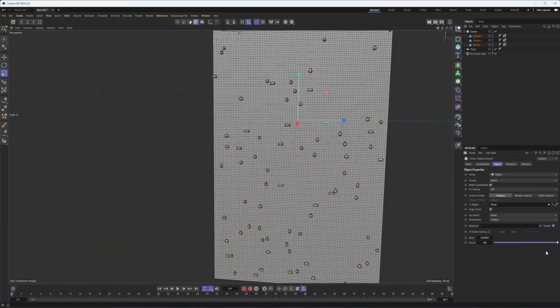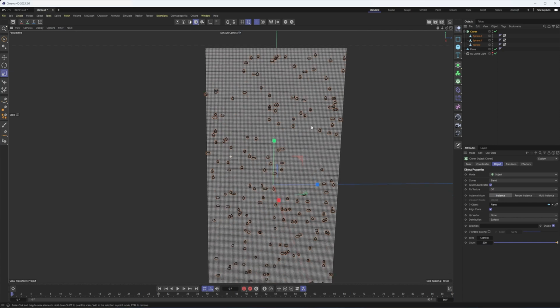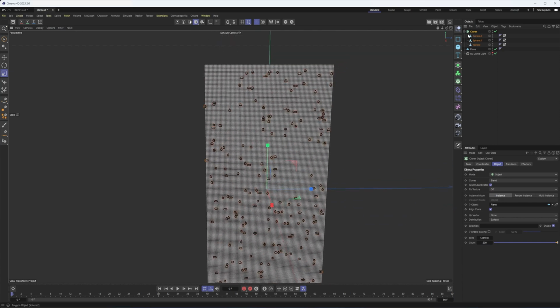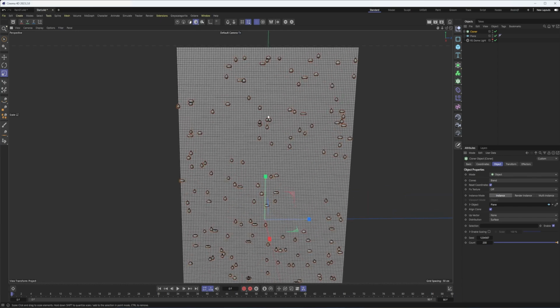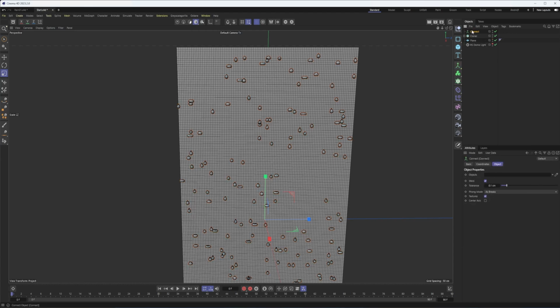Okay, now we're obviously going to go a bit crazy with the count here. So let's just maybe start with 200. All right, that's looking good. And before we get too far, I want to get into the vertex map side of this, just so we can make sure that's working. In order to get that working, I'm going to need to put my cloner into a connect. And while I don't know if we need to do it right this second, we will once we get things moving and animating. So why not do it now?